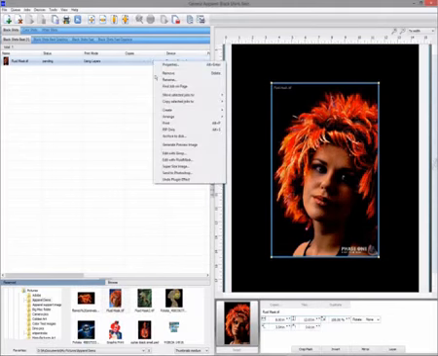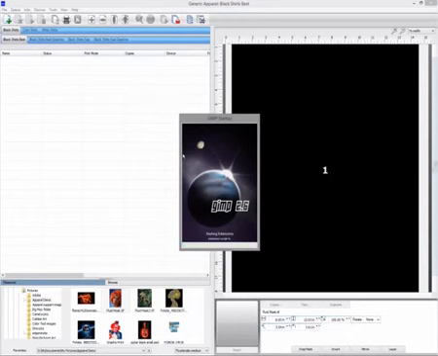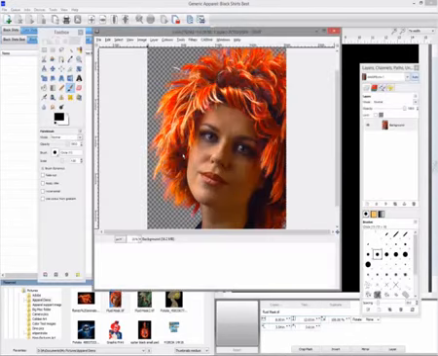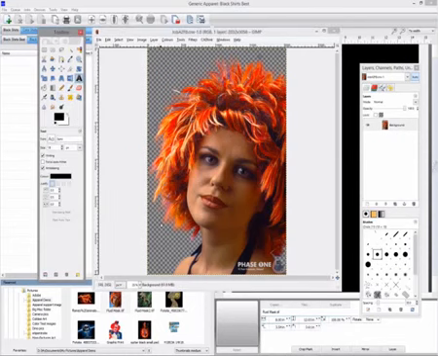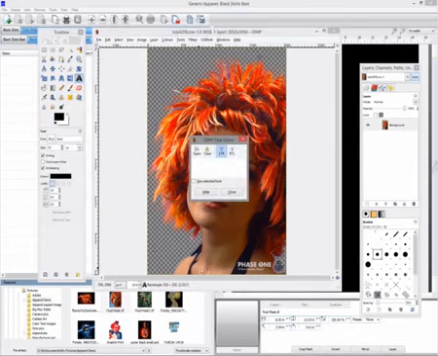You can also open an image in Photoshop from the queue itself using the Send to Photoshop. Or if you don't have Photoshop, a copy of GIMP is installed as part of your apparel software, which is a free bitmap editing program that you can use. So if I wanted to add some text using GIMP, I can edit with GIMP,